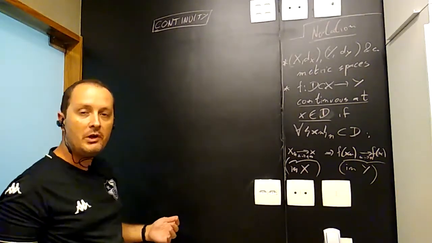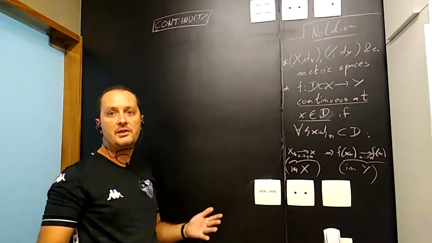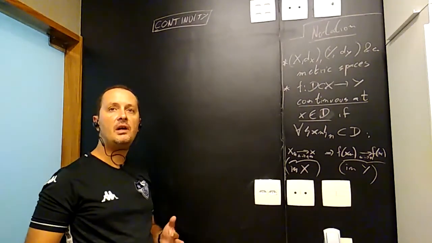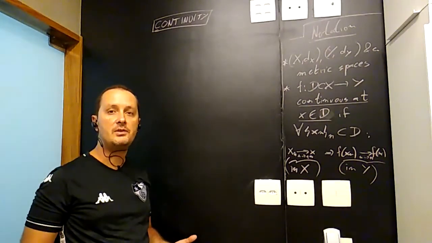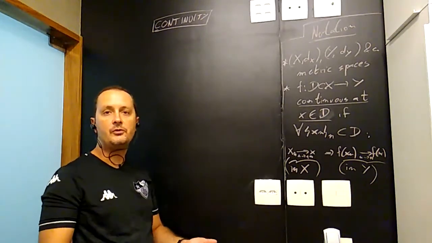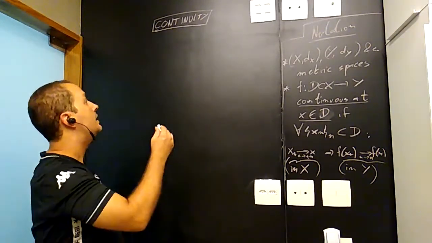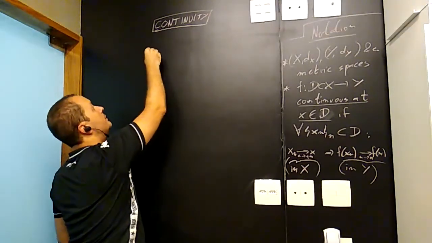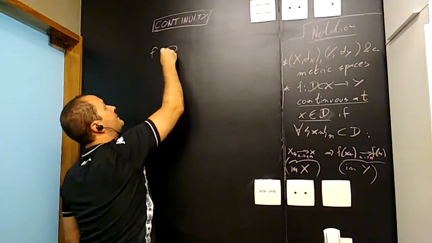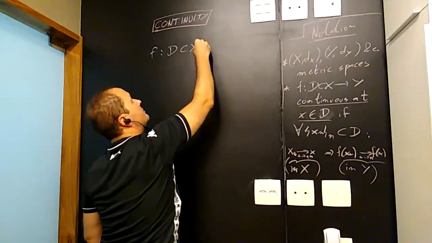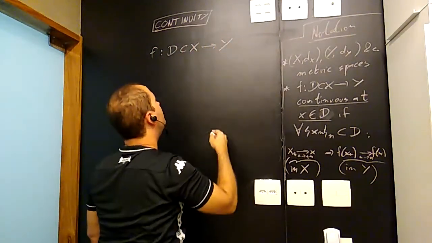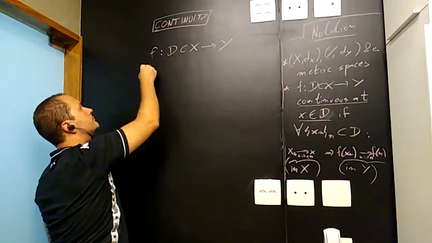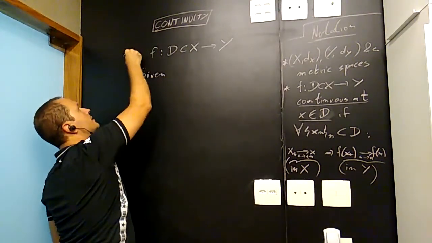Now, there are times in which it's convenient, or actually very desirable, to have more quantitative estimates. These are stronger than what you need for continuity, but in many cases they come for free, right? And perhaps the most basic example is when you have a Lipschitz function. So again, let me take a function f defined over a subset of x to y, given, right, so this is a definition,